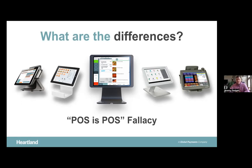And we see lots of restaurateurs go down the wrong path when looking at cloud POS and not looking behind what the shell kind of is, and understanding that there are a lot of advantages of cloud point of sale, but not all cloud point of sale are created equal. And that's really one of the key points of the presentation today, because it's the software application and the fact